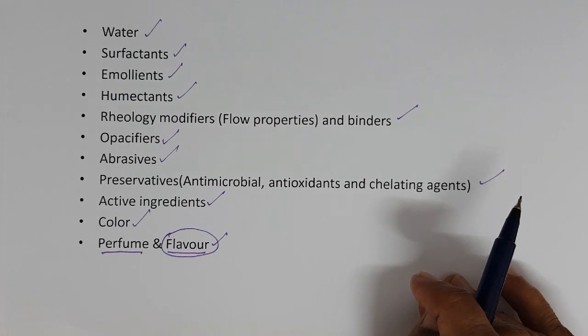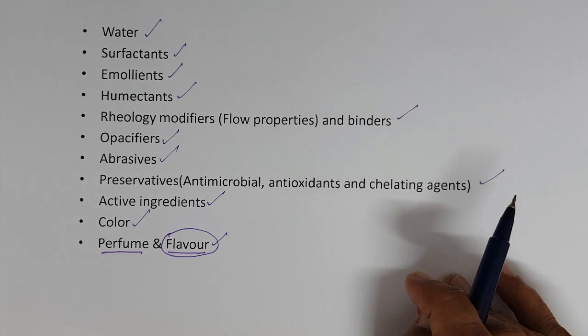What we develop for toothpaste, we call a toothpaste flavor. We don't say toothpaste perfume. We say toothpaste flavor, but cream perfume. That is the difference between skin cream perfume, or a deodorant and antiperspirant perfume, or a shampoo perfume, not shampoo flavor. They are all used externally. Flavor is used internally. For example, we say Bonvita flavor, it's not Bonvita perfume, because Bonvita is taken internally.